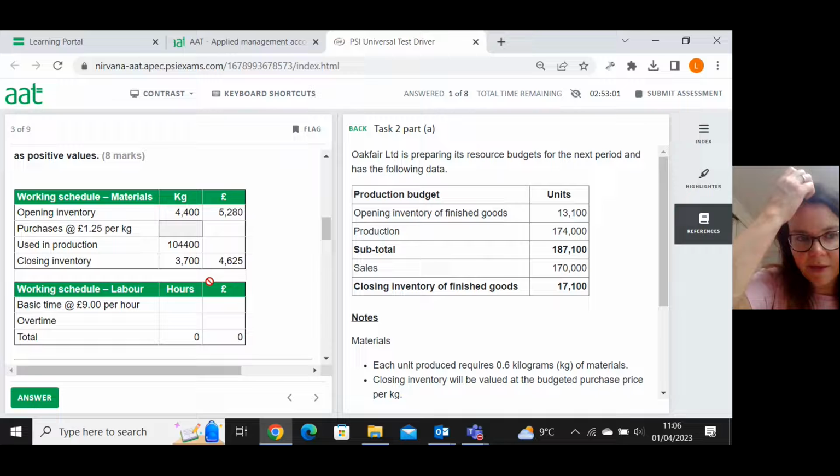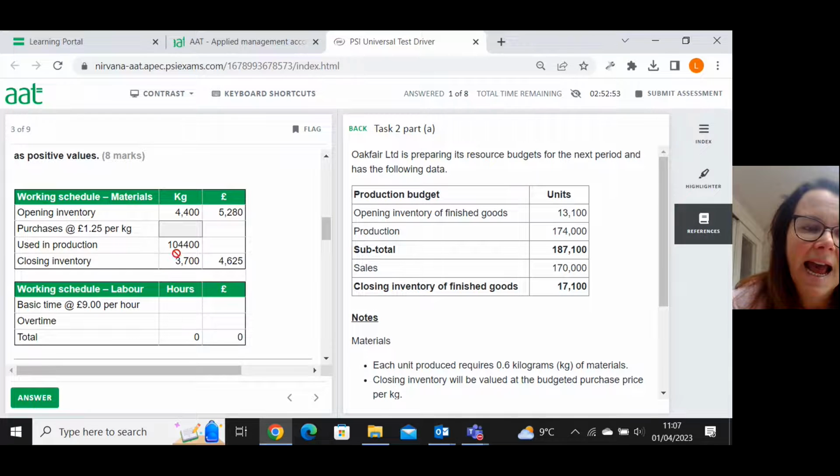Right, so then to work out the purchases, I'm going to say I need 104,400 to use in production. I need to add on what I want to finish with, my 3,700 kilos of closing inventory, and then subtract the 4,400 kilos of opening inventory, because obviously I don't need to buy them because they're already there. So that gives me 103,700 to be purchased. I can then multiply by the £1.25 per kilo, which gives me